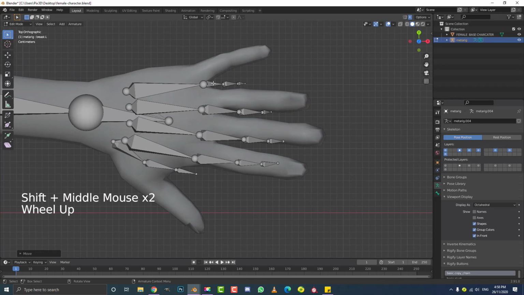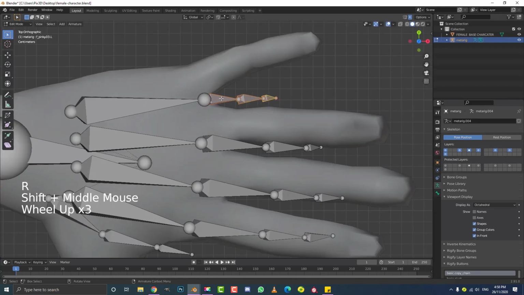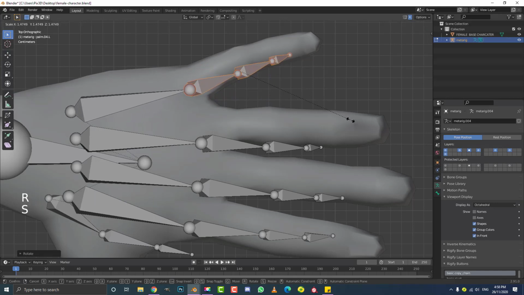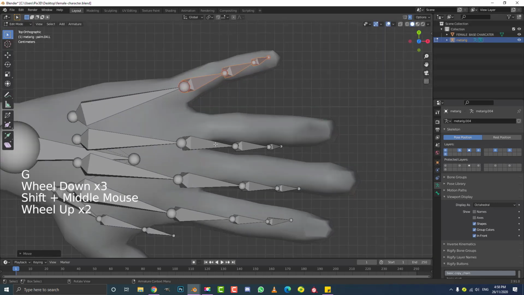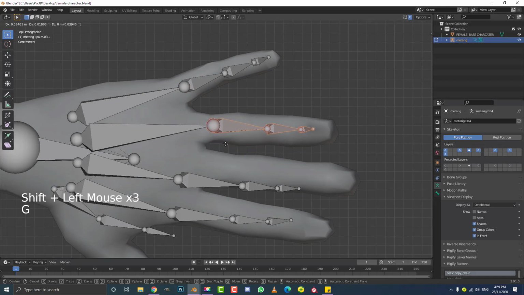So what we're going to do is hold in Shift, select these three bones here for the pinky, hit R to rotate. And by the way, this is in the top orthographic view. So also just make sure this little nub here is like this. So just these guys. G to move it over here, and then R to rotate, and then S to scale that guy up, and then just G to move it. So we're just lining them up roughly, grabbing these guys here, including the little nub, just moving it here,